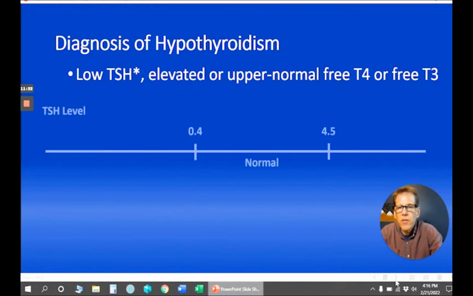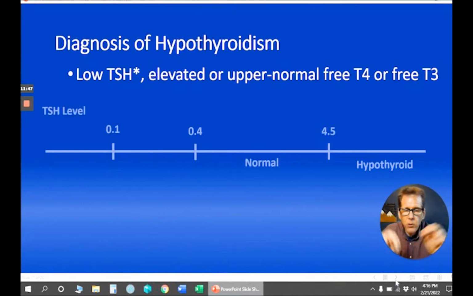And what we see is that the TSH level, normal goes from about 0.4 up to 4.5. And if we think about people that are higher than 4.5, the TSH has gone up. Generally, that's going to be associated with hypothyroidism. And I like to draw this little line here around 0.1, just to say if the TSH level is low, but somewhere between 0.1 and 0.4, this is what we would call mild hyperthyroidism. It's kind of like driving a car 60 miles an hour in a 55 zone. And in general, there's an option to treat in this circumstance,